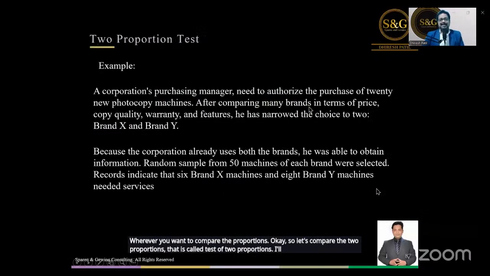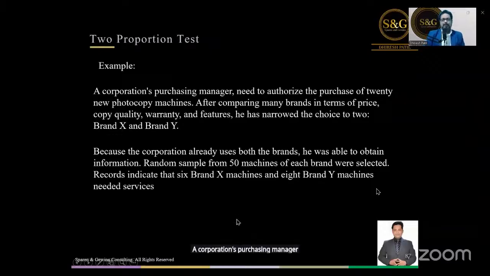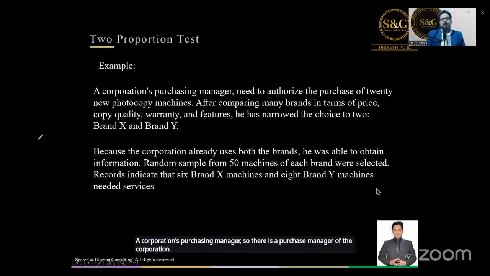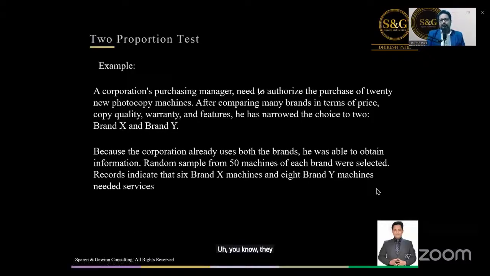I'll give you a classic example for this. A corporation's purchasing manager needs to authorize a purchase of 20 new photocopy machines.